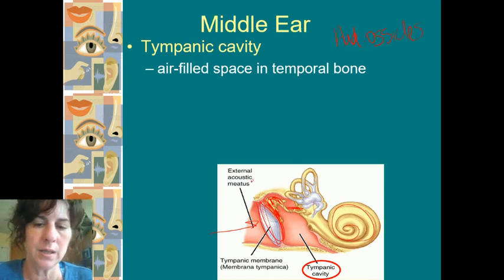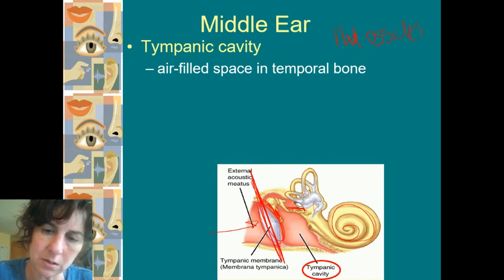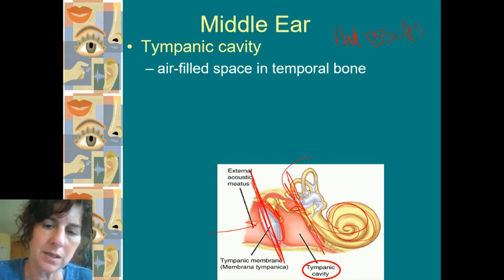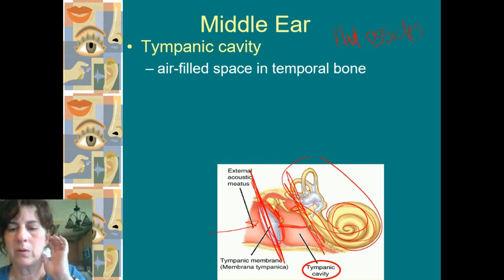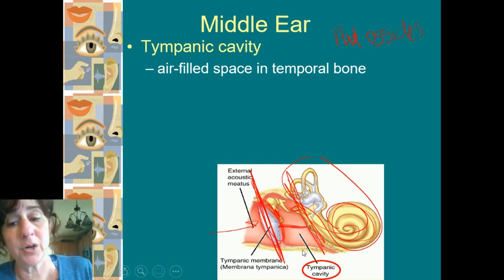But the middle ear is from that point here, the tympanic membrane, to this point right here where that last little ossicle, the U-shaped one right here, meets up with the cochlea. So at that point, that's the end of the middle ear. So all of this that you see right here is internal ear. So it's this cavity in here, what we call the tympanic cavity. It is air spaced, should be.